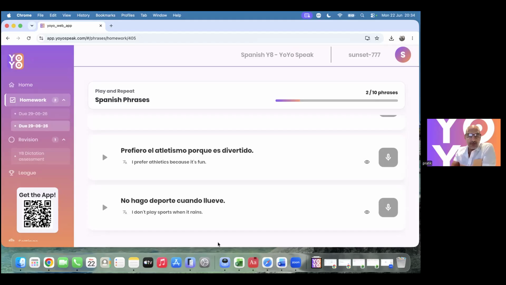And it would be about participating or trying harder or enjoying something or not enjoying something or wanting to change the sport. So not just the basic vocabulary, YoYo itself will then create the sentence structure they need to be able to have that conversation. That's a natural evolution of the app. Yes. Doesn't do it yet, but it will do soon.